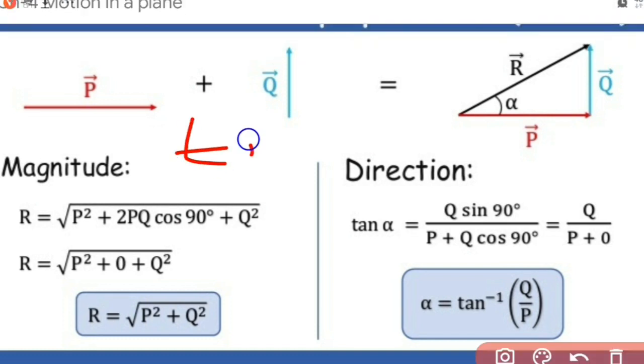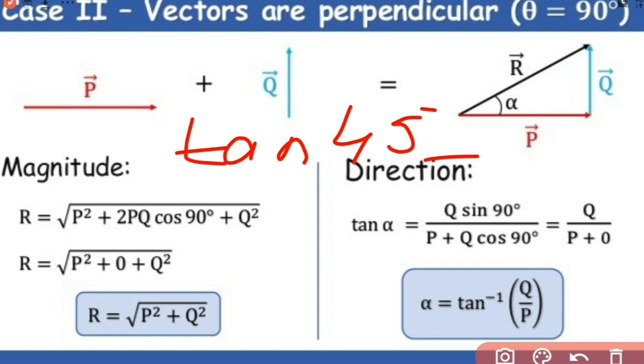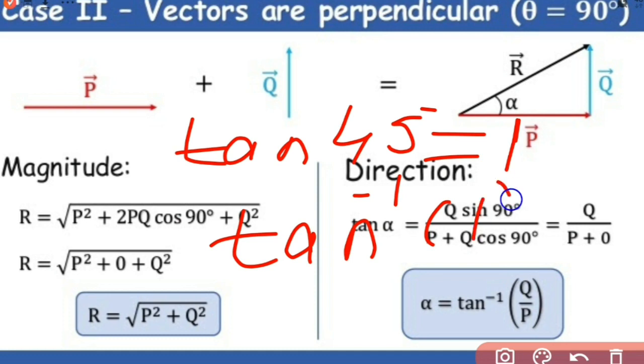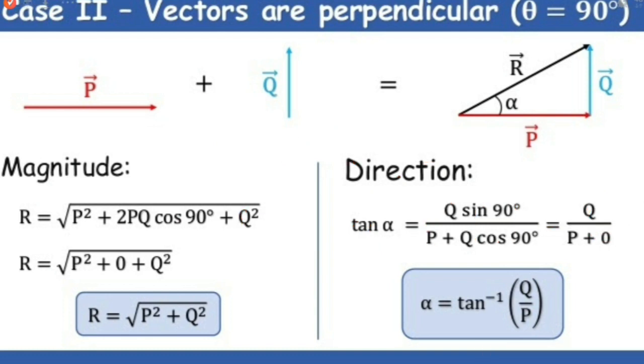I said tan 45 is 1. So what is tan inverse of 1? Tan inverse of 1 is 45 degree. That means the angle value corresponding to a given trigonometric ratio, that's what we specify by inverse. So if you know tan alpha, how to write alpha? Alpha is tan inverse q by p. With the help of a logarithm table or a data sheet, we'll discuss how to find the inverse values. Okay, so this is how we find alpha.